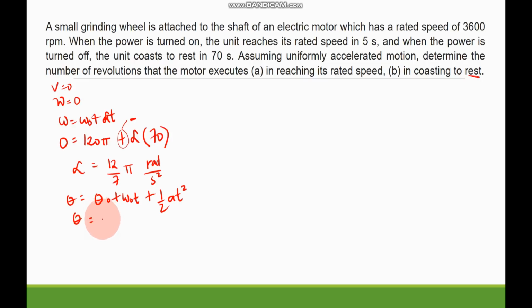Our initial angular coordinate is still 0, plus 120 pi times 70 plus 1/2 of 12 over 7 pi multiplied by 70 squared. Therefore, the angular coordinate is equal to